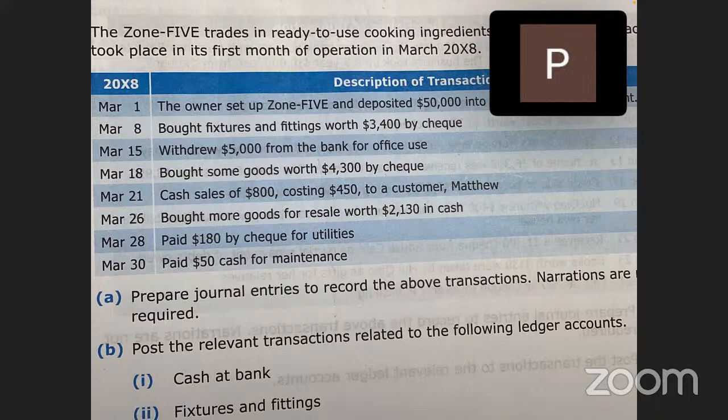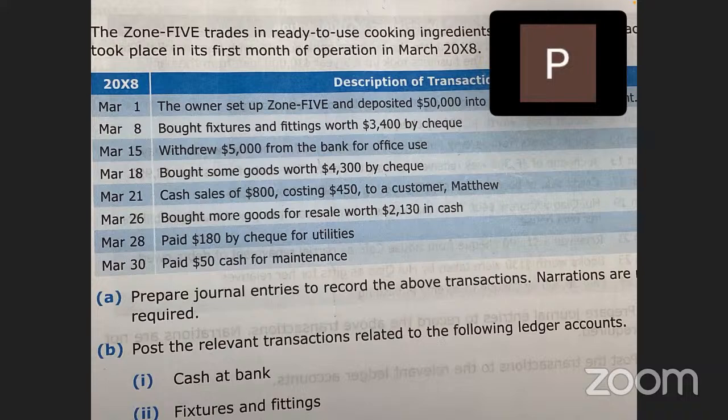No, because we learn like the utilities is like expense. Correct. The $3,400 check is like cash at bank. Which is asset, liability, equity, income, expense? Which one? Asset. Okay. Can I test you a bit?